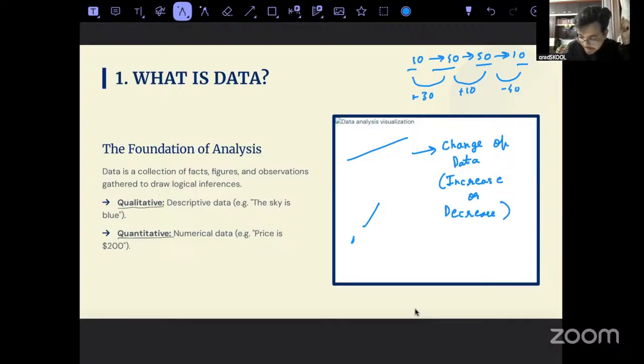This is the y-axis, this is the x-axis. What is a slope? Change in y upon change in x. So this is slope. Any doubts? Sorry guys, this is my first class. I'm not able to explain it properly, but I think you might have got the concept. If you have any doubt, you can ask me.